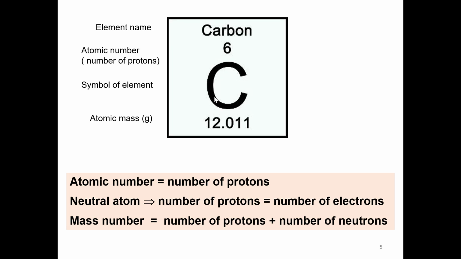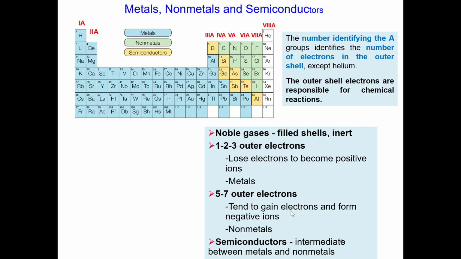Also, you will find the symbol of the element and also the atomic mass. One more thing, I want you to remember that the mass number equals the number of protons plus the number of neutrons. We know the number identifying each of the A groups corresponds to the number of electrons in